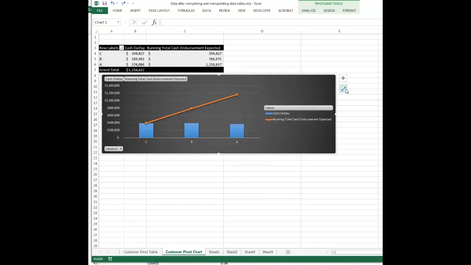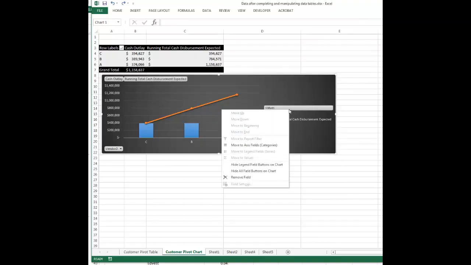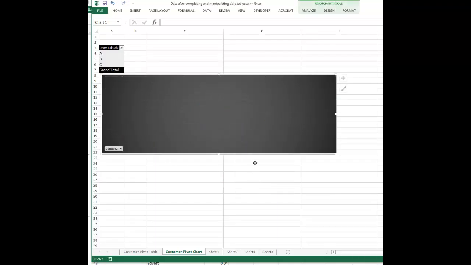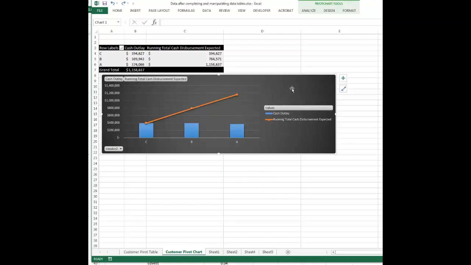But if I want to move that legend, I can't remember where to do it. It's a fairly simple task, and now I'm drawing a blank. I could remove it, and then that gets rid of everything. Okay, now it's getting bad. So you're seeing my ineptitude here. Anyway, so